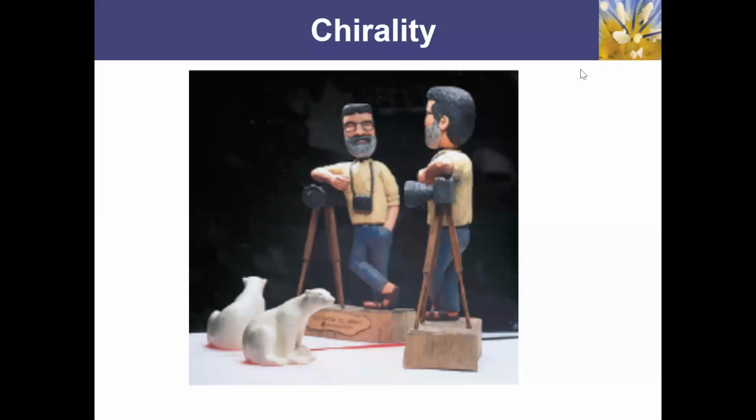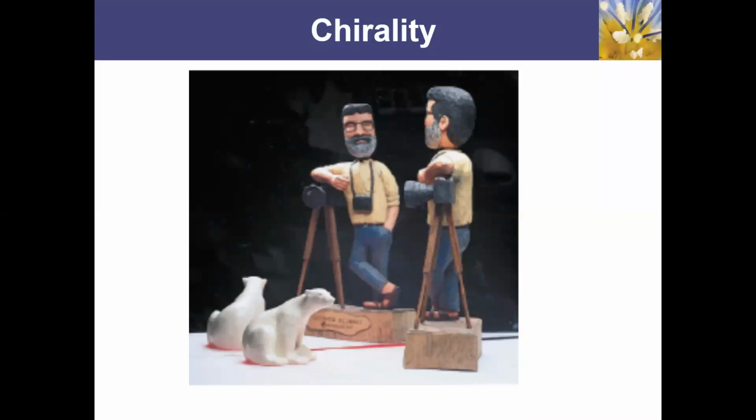No, absolutely not, right? If you look at this man, he is actually having his left hand on the camera, right? But when you look into the mirror, it appears as if the man is having his right hand on the camera. And no matter what, if I try to superimpose this man over his mirror image, I may not be able to. Even if some things will be superimposed, not everything will be superimposed. So we can say that this person is chiral,